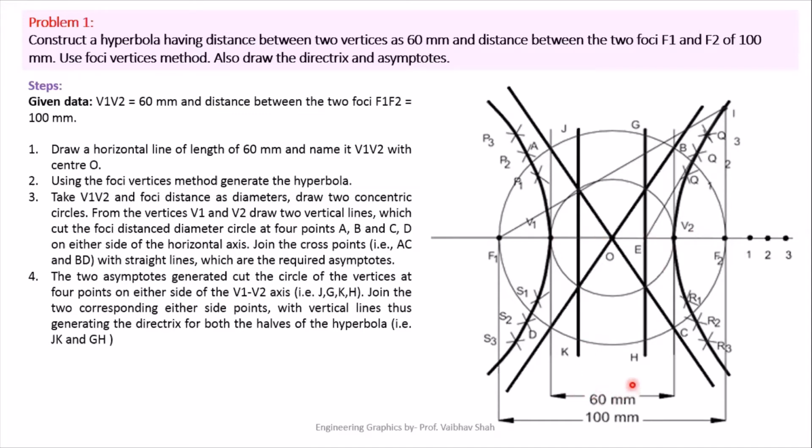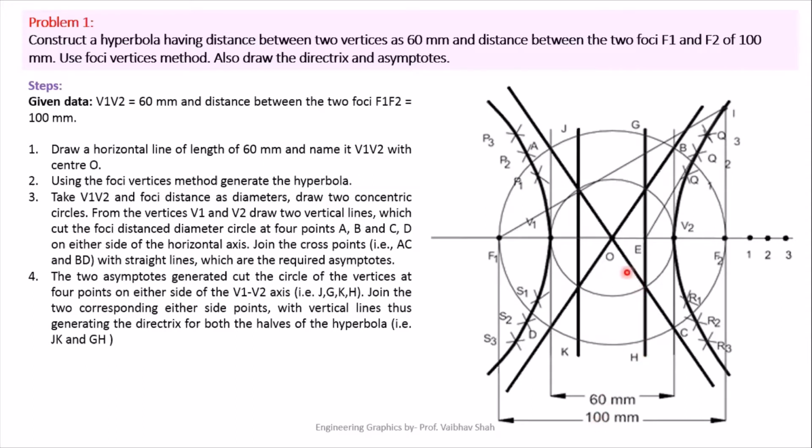as a dimension. After that, we have to find its midpoint at 30 somewhere here and denote it by point O as a center point. Now, after getting point O, take half the distance of your focal length, which is 50, on the left hand side to get point F1, and take half the distance of your focal length on the right hand side to get your focal point F2. So your total distance of F2 and F1 will be 100 mm like this.